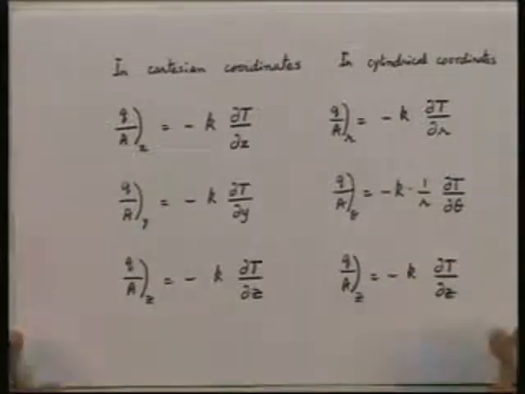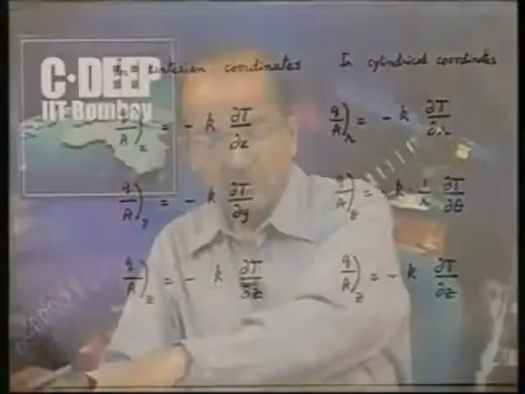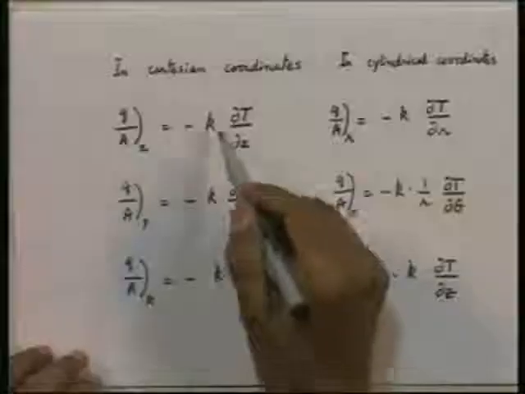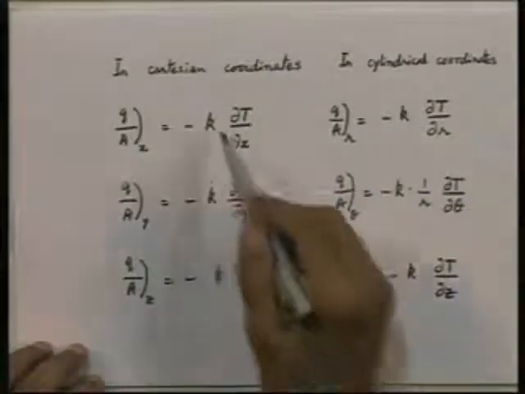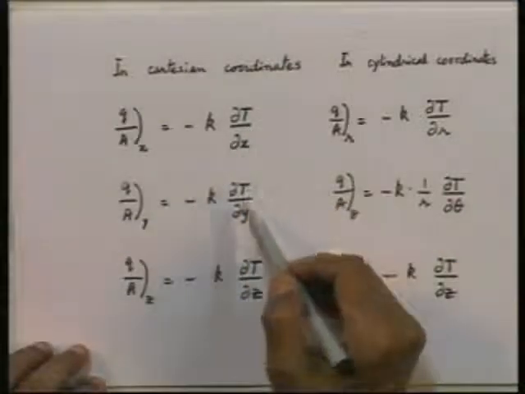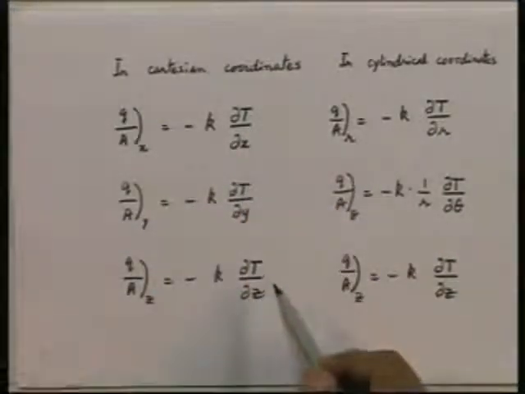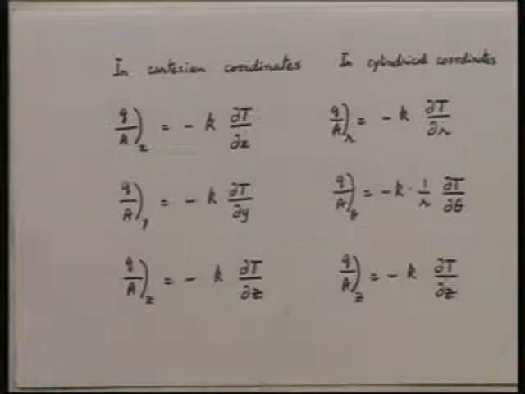Similarly, I could write the statement of Fourier's law for any other coordinate system as well. You would have noticed that I am using the same symbol k for thermal conductivity for all directions, whether it is the x direction, y direction, z direction. What in effect I am assuming is that at a particular point in the material, whether heat flows in one direction, the x direction, the y direction or the z direction, the value of k in all directions is the same. That is what I am assuming when I use the same symbol k.